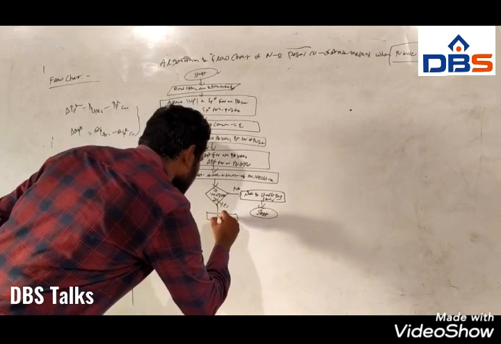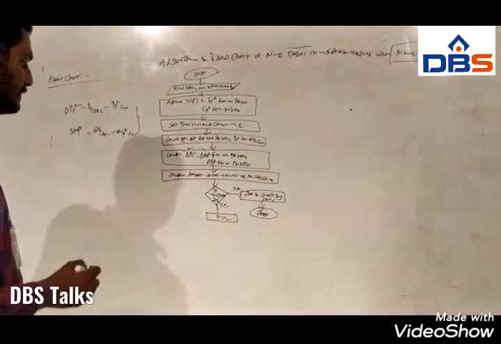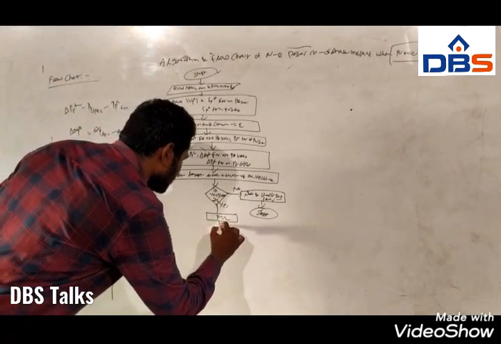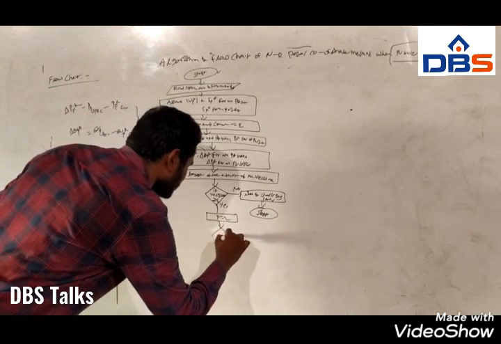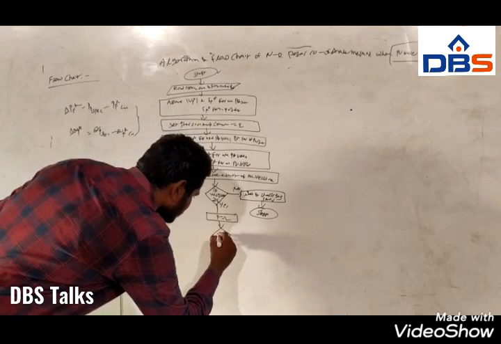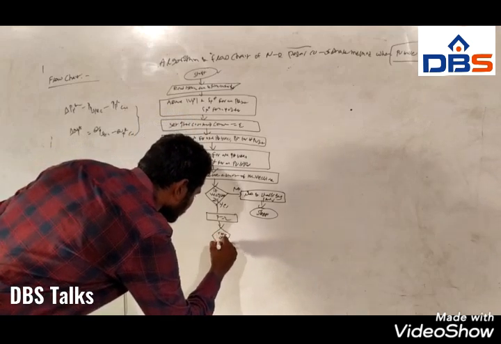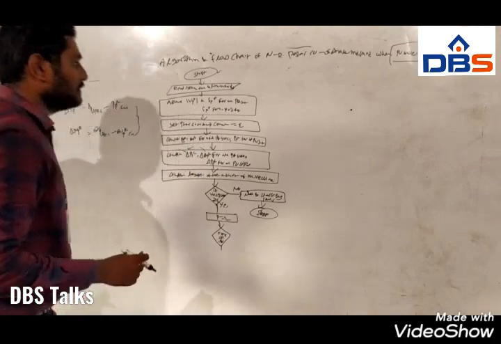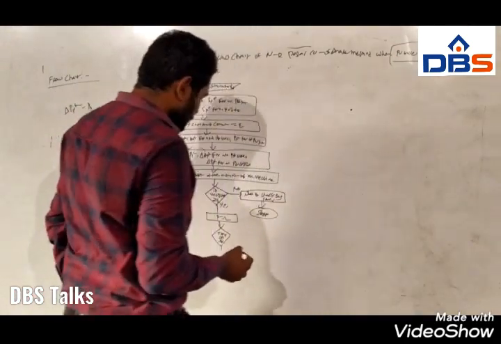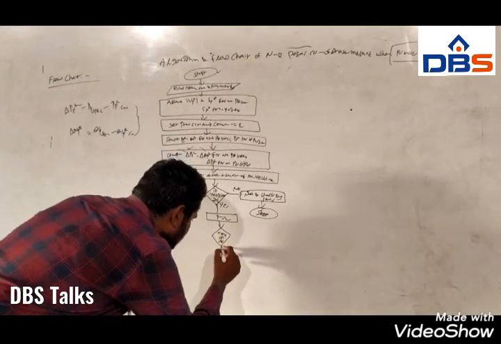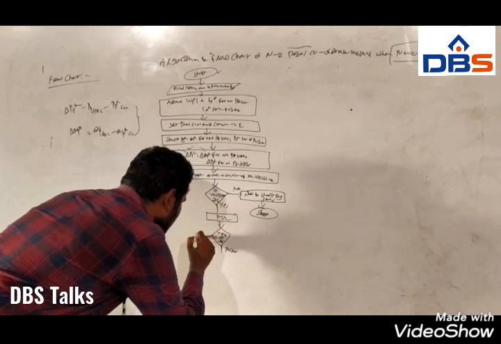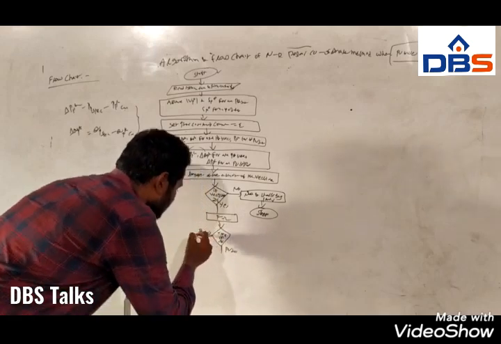we have to set the bus count, that is P is equal to 2. After setting the bus count to P is equal to 2, we have to check the type of bus. So here in this case we are using two buses, that is PQ bus and PV bus. If the type of bus is PV bus, we have to take this, and if it is PQ bus, we have to take this.